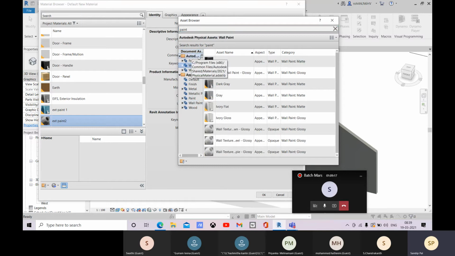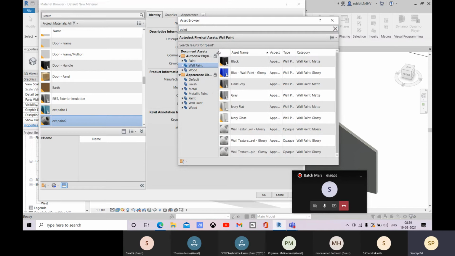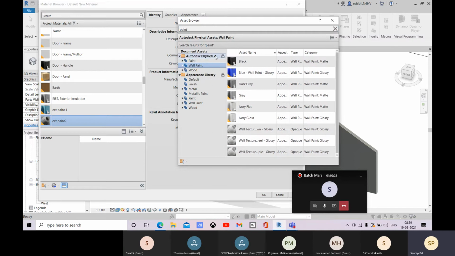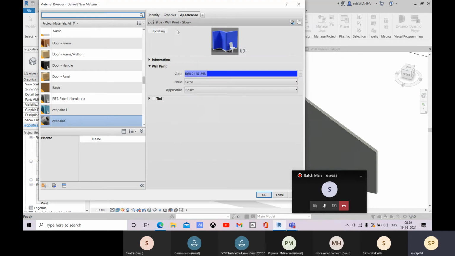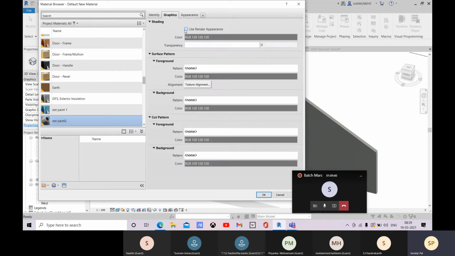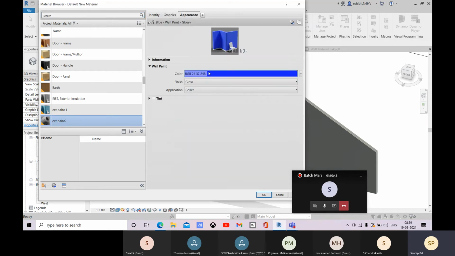So here it is, let me just stretch it. So this is physical asset, and this is appearance library. Okay, so there are different material types. So here you can choose, like let me choose this one. Okay, and now let me close this, and here you can change this as well.